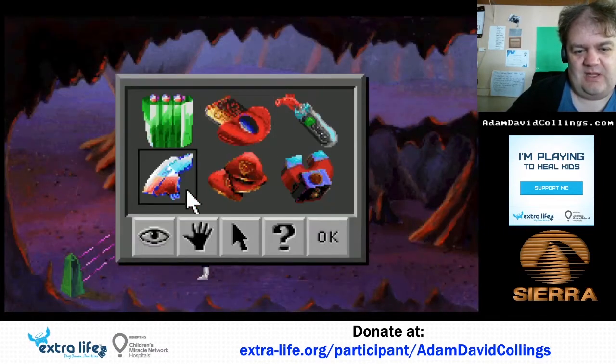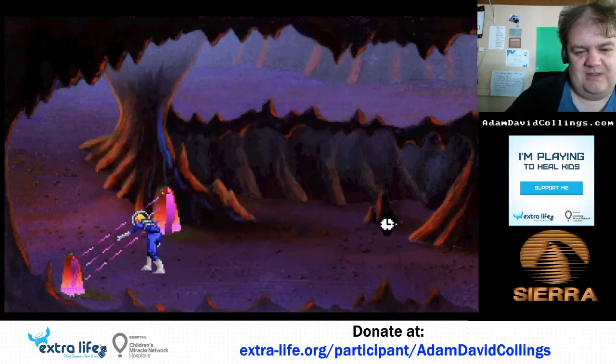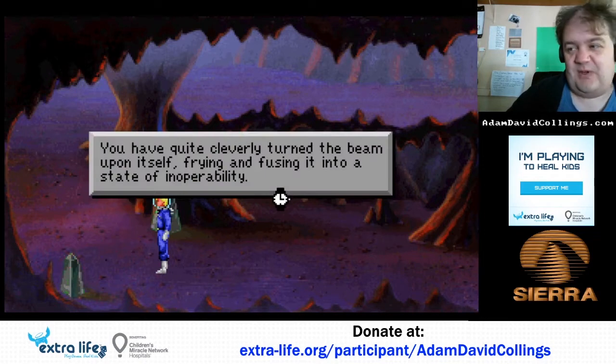Alright, well, we better get that trusty piece of glass that we picked up and use it to turn the lasers on themselves. See, Roger does actually have a little bit of intelligence because he thinks to do stuff like this. Though I suppose it's me telling him what to do, but...